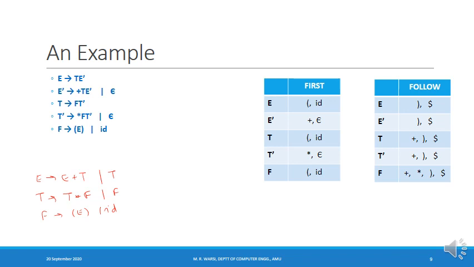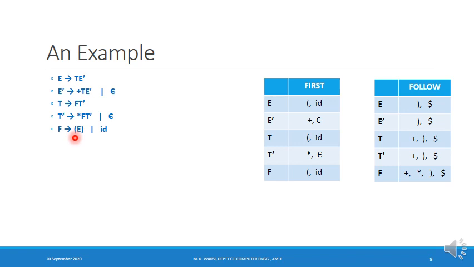This grammar is an unambiguous grammar accepting arithmetic expressions. But the problem with this grammar is it is left recursive. So we eliminated left recursion from this grammar and we obtained this grammar. And we'll calculate first and follow of various variables which are there in this grammar. So let's do that. First of all, we'll calculate the first of capital F. When I look at this production, I can say that first of capital F will contain left parenthesis.